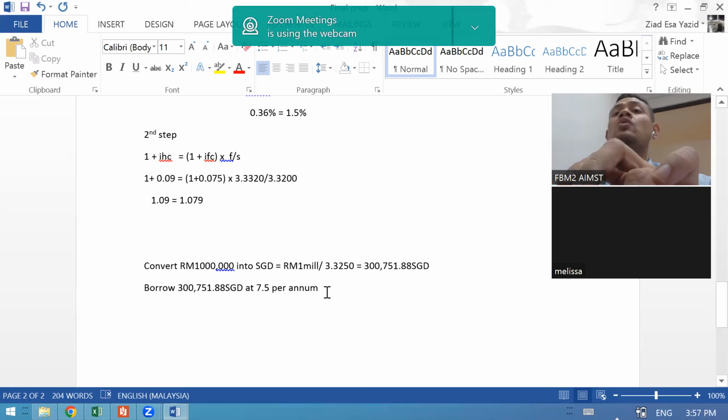Okay, so now when you borrow 300,751.88 Singapore dollar, at the end of the 1 year, of course, you will pay more than this amount. So this 300,000, you convert into ringgit, which is 1 million. So it becomes